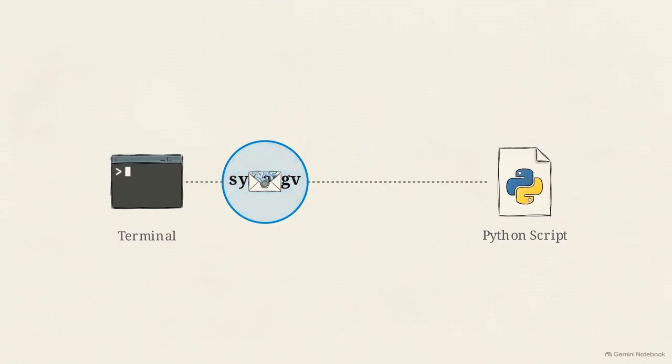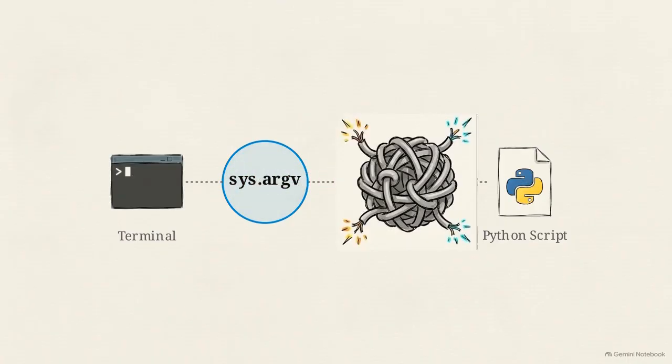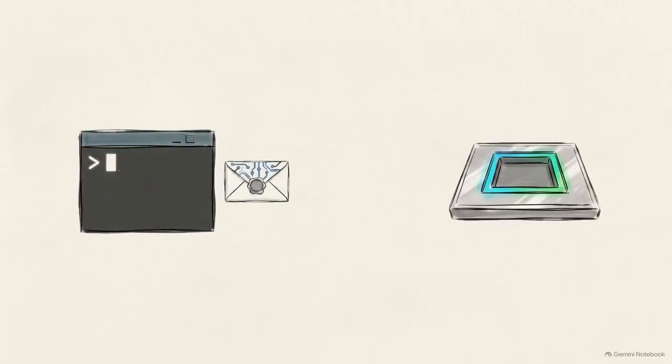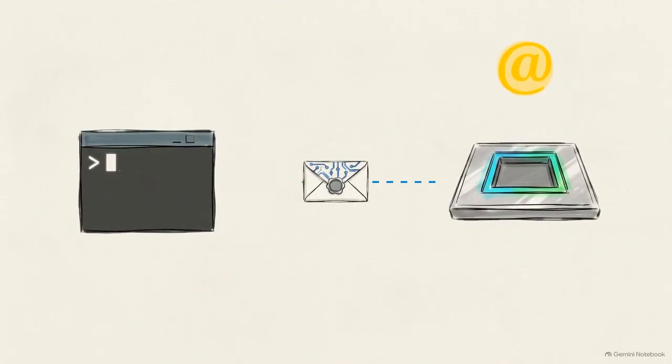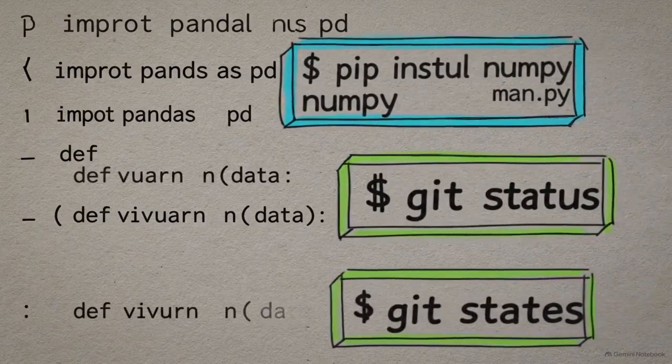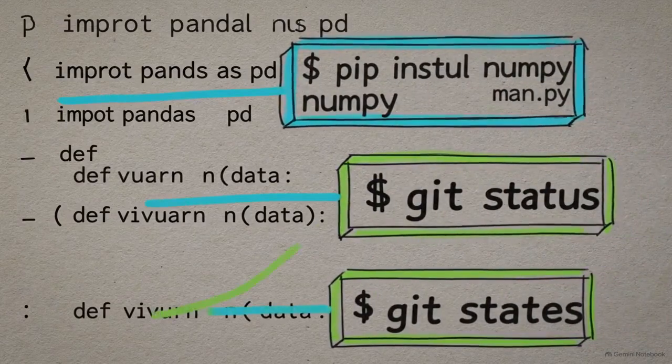But sys.argv is primitive. It forces you to write custom procedural logic to handle string conversion, check for missing variables, and manage error states manually. Click provides a declarative abstraction layer designed to replace that manual parsing entirely. Instead of writing validation rules by hand, Click maps raw terminal text directly to your Python function parameters using decorators. This shift moves the interaction logic out of the script's internal code and into a structured interface, making the tools